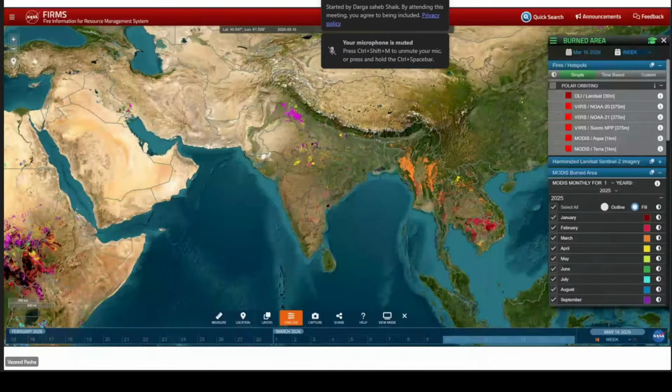Especially in India, we can see Punjab and Haryana are mostly impacted by stubble burning. The impact is in the Delhi region, the urban region, but the emitter is Punjab and Haryana, as I told earlier. You can also see the other fires, mostly forest fires, occur from January to April. These are the forest fires.